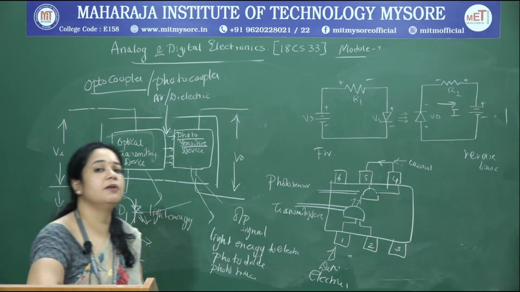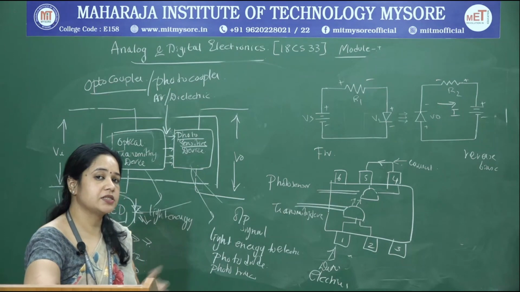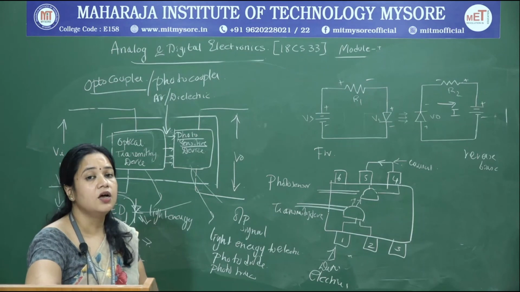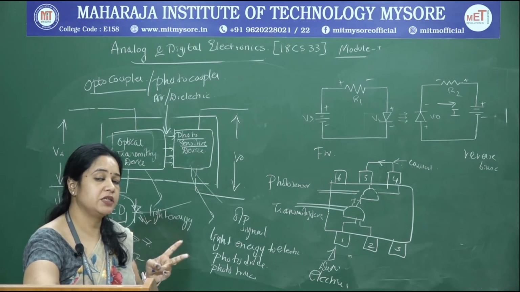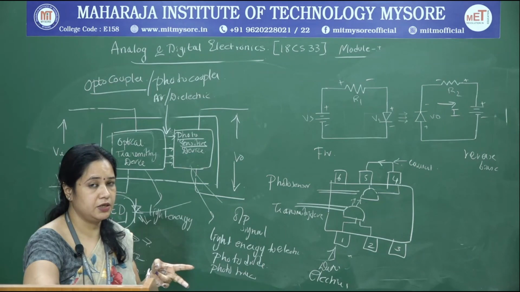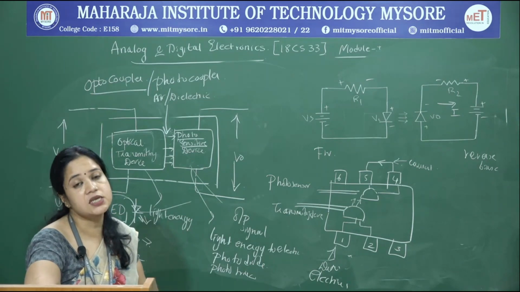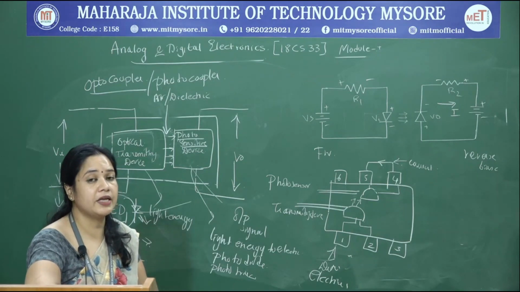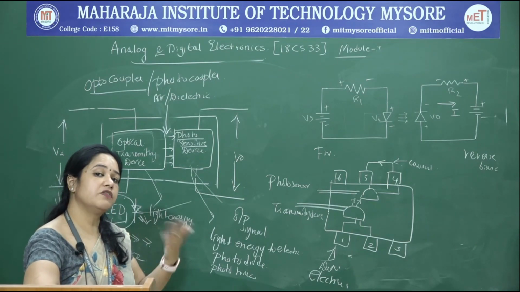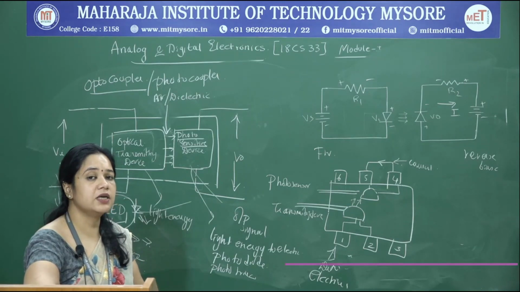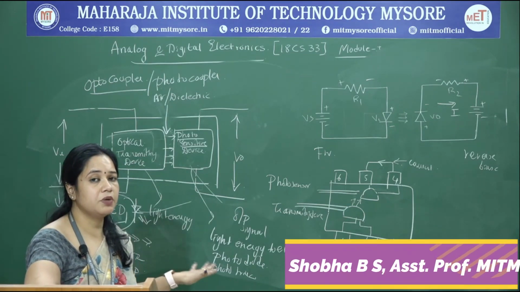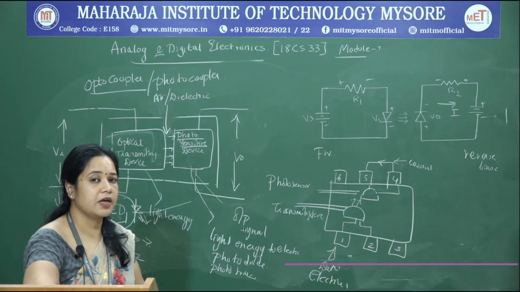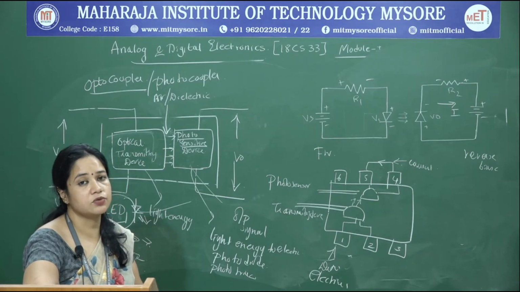In the next class we will take up the bipolar junction transistor. You are already aware of what a bipolar junction transistor is from your first year. There are two types of BJTs, PNP and NPN transistors, and out of the two types, NPN is widely used, and we will take up the different ways of biasing an NPN transistor in the next class. So with this we will conclude for today's session. We will catch up again with various BJT biasing circuits in the next class.